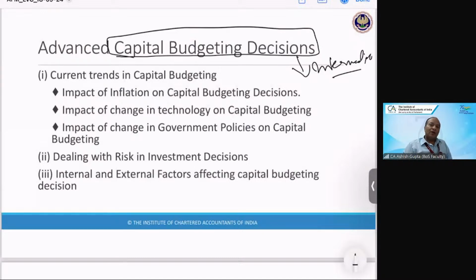How? Because see, capital budgeting, when we studied at intermediate level, there are some assumptions that we made, like there is no inflation. Okay, the cash flows are to some extent sure or certain. Okay, but in practical terms, things move differently than we consider. Accordingly, in this advanced capital budgeting topic, the first topic we shall consider is inflation, the impact of inflation on the